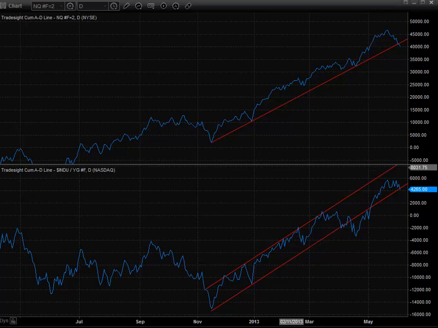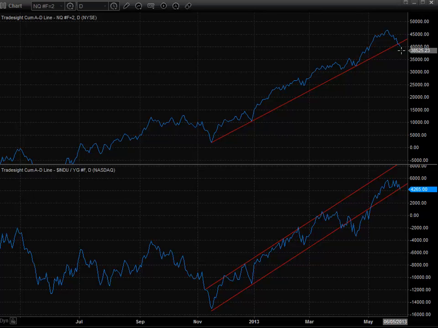All right, now we talked about the internals before, and here's where it really kind of comes to roost. We're minus 800 or more issues on both sides today. And what that did for the broad market was, in the New York Stock Exchange side of our cumulative advance decline line, we've now broken the trend line that's been in place all year. This is a big development,